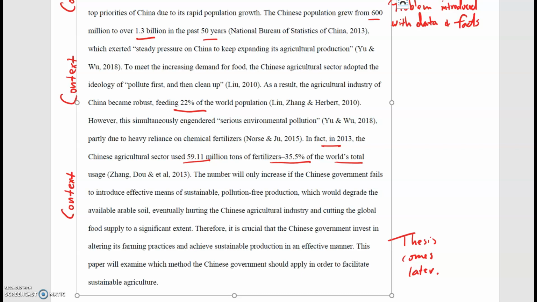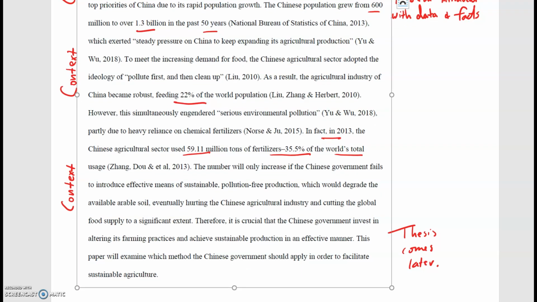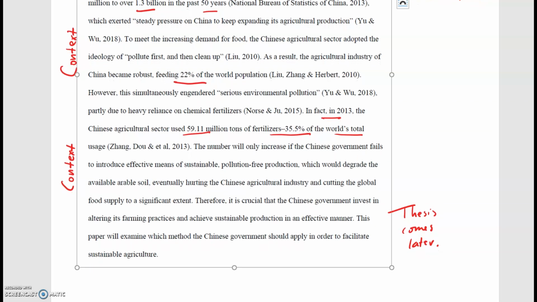However, this simultaneously engendered serious environmental pollution, partly due to heavy reliance on chemical fertilizers. In fact, in 2013, the Chinese agricultural sector used 59.11 million tons of fertilizers, 35.5% of the world's total usage. The number will only increase if the Chinese government fails to introduce effective means of sustainable, pollution-free production, which would